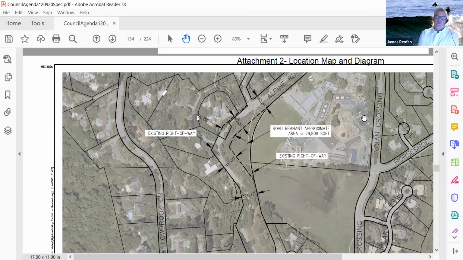And since you do own it in fee, that would generally go through the process of reversion, which is kind of an odd concept. You go back in time and you find out who owned the land originally. And as the town abandons that portion, it reverts to the previous landowner. So you're not parcelizing under that